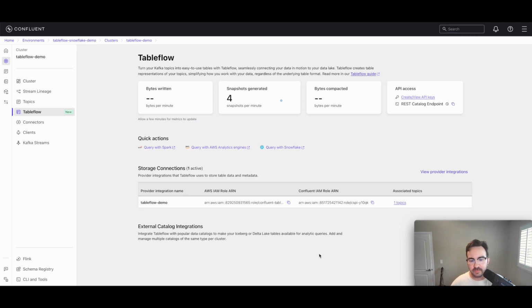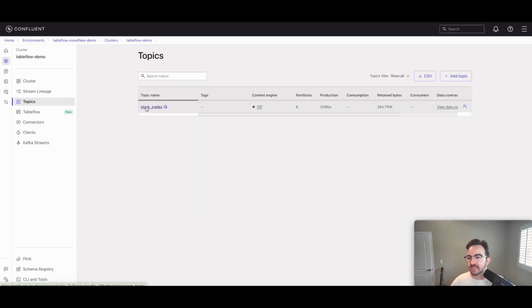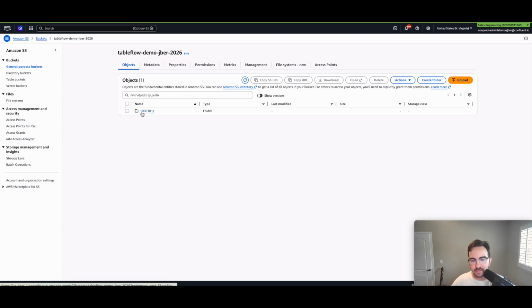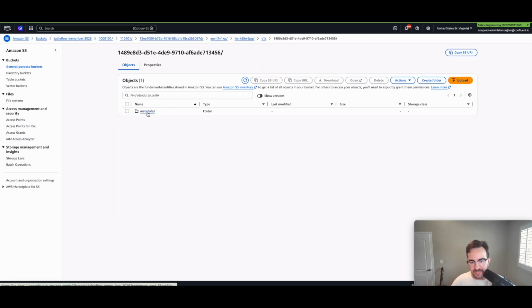So to start, I'll just show you that I've already enabled Tableflow for a particular topic within Confluent Cloud. This one is called Stock Trades, and I have it currently syncing to an Amazon S3 bucket. I don't have data yet, it's just metadata. But hopefully by the time we finish this demo, the data will have materialized and we can